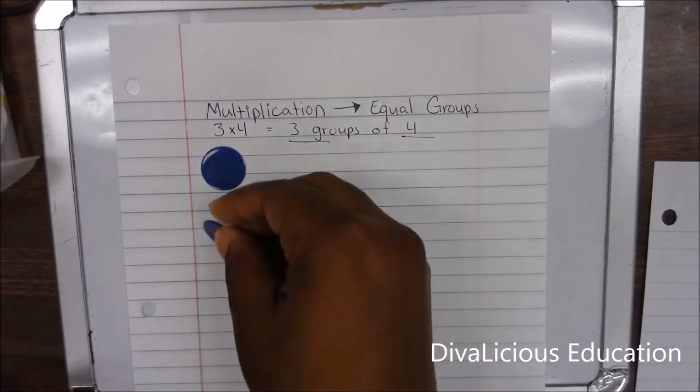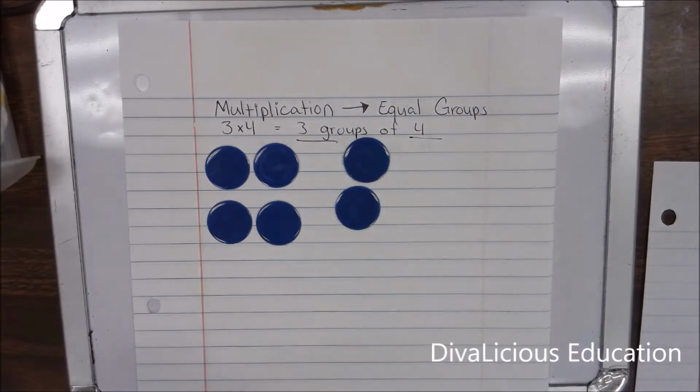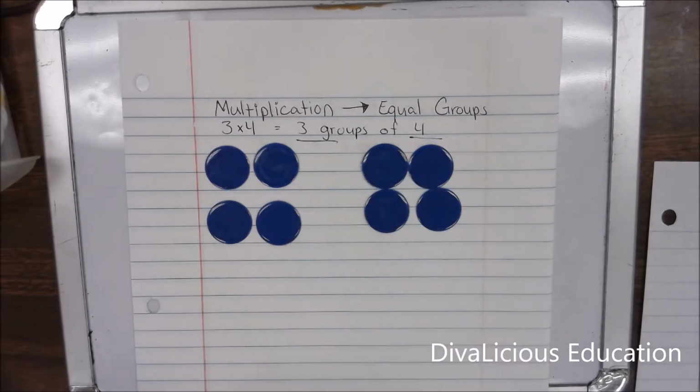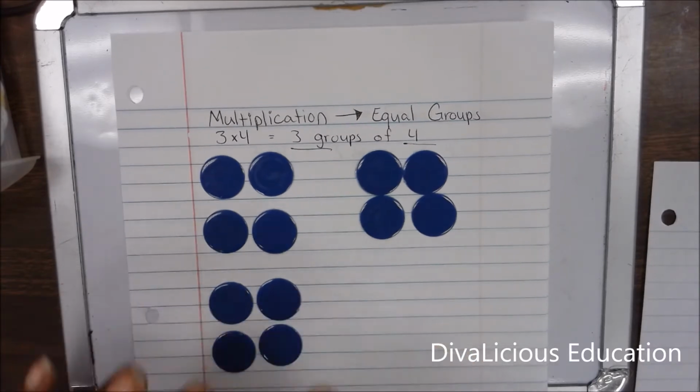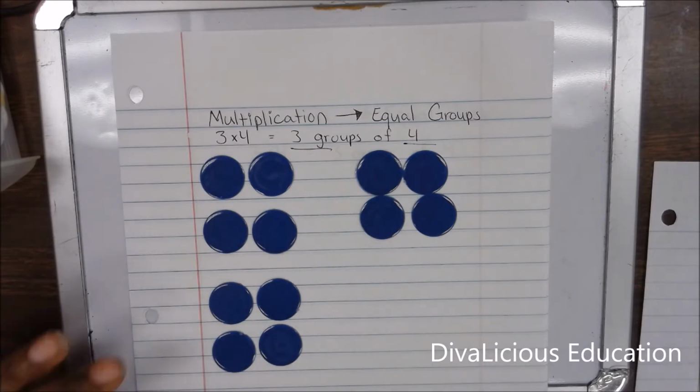So I'm going to use my little dots to show you that this is group 1 and it has 4 in it, and this is group 2 and it has 4 in it. Here's group 3, which has 4 in it. So when I look at those groups, I see 3 groups of 4, and that is what it means to